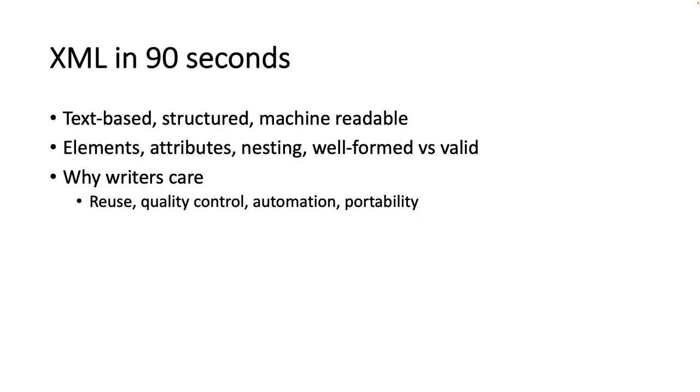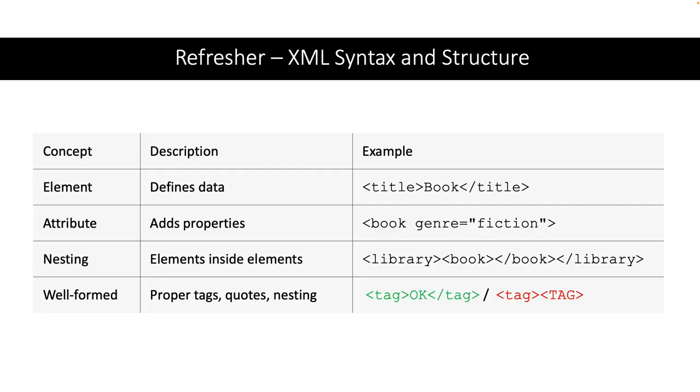XML is text-based, structured, machine-readable. It's made up of elements, attributes. It cares about nesting, and there is well-formed versus valid, which you have had a lot of practice in if you've done the exercises, so you are in great shape to do this project. And why does it matter? We care about reuse, quality control, automations, portability. Let's just do a quick review of the structure, because we're going to be using that today,